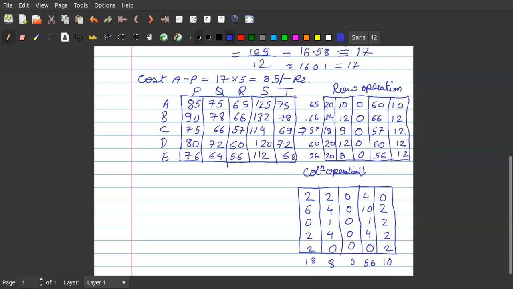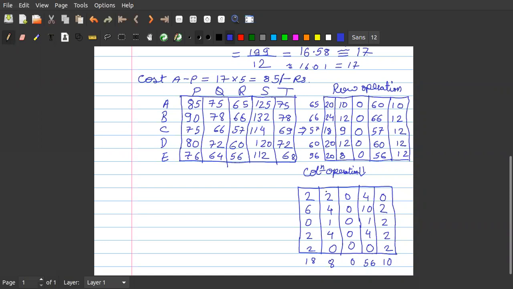Because this minimum value indicates the minimum allocation value of the row and the minimum allocation value of the column. And what are these values indicating? These values which are other than 0 are indicating the penalties.